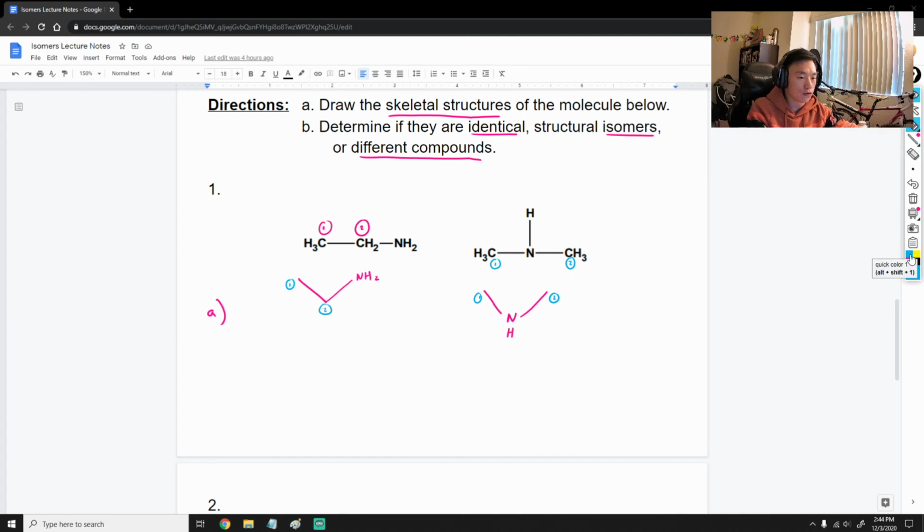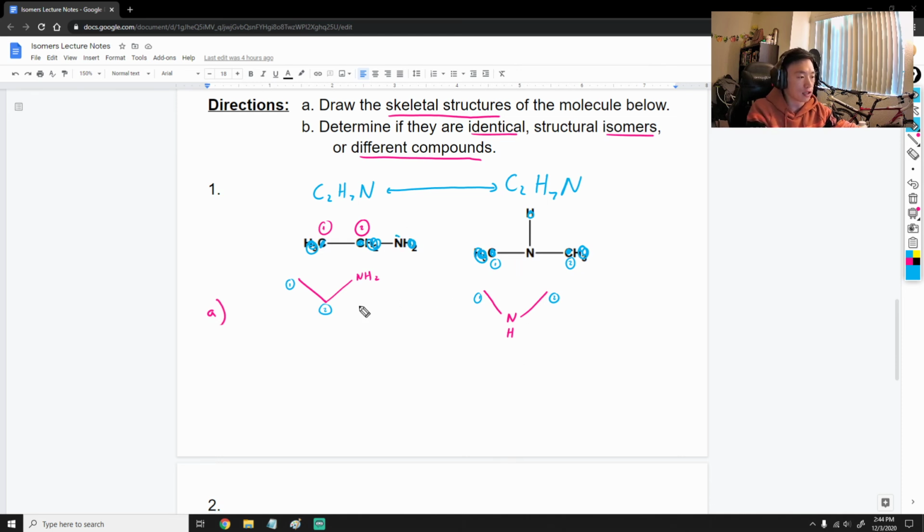The chemical formula for the one on the left is going to be 2 carbons, C2, so we did that. We have 1, 3, 5, 7 H's, so H7, and we have N. Here we have C2, so 2 carbons. We have 3, 6, 7 hydrogens, and 1 N. So if you notice, the chemical formulas are exactly the same,